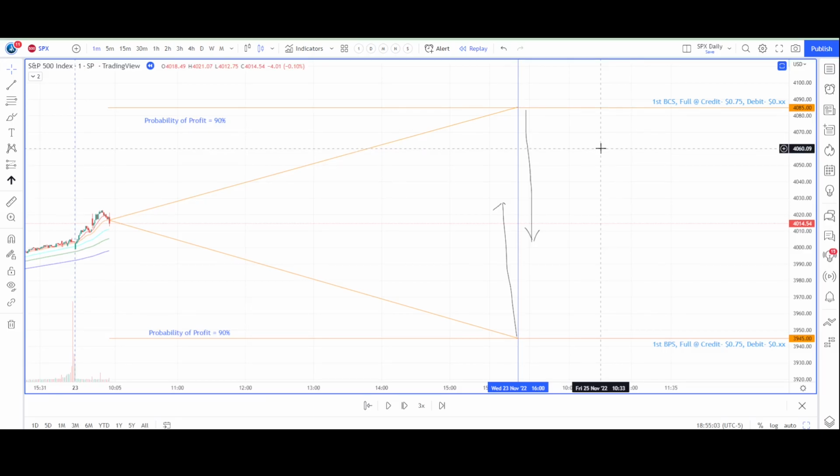Now, all other parameters will still remain in effect. I still enter a hard stop, but I will usually treat my spreads individually when it comes to taking profit. And here's what I mean. I will usually try to set a take profit at 50% premium capture on each spread, meaning if the index drops and my premium on my bear call spread drops to, let's say, 35 cents, I will take profit on my bear call spread and look for a bounce in the hopes that my bull put spread will also be triggered out for a profit. This is my default template for this type of trade.